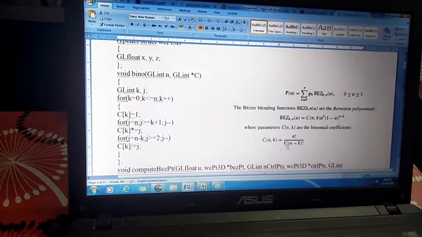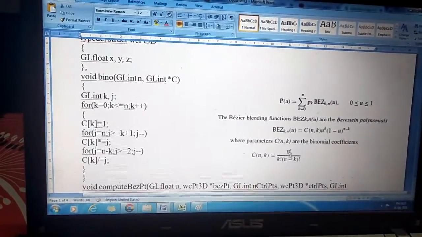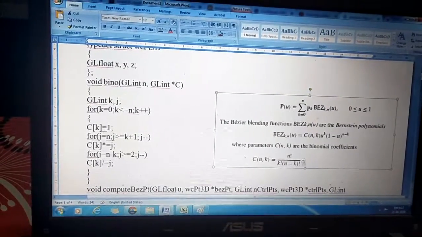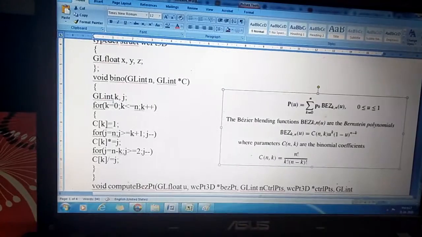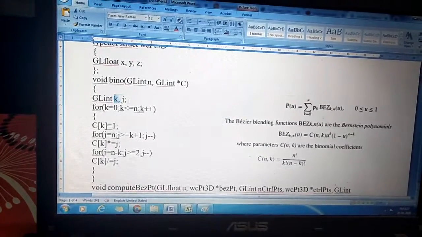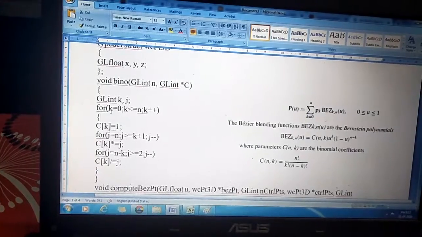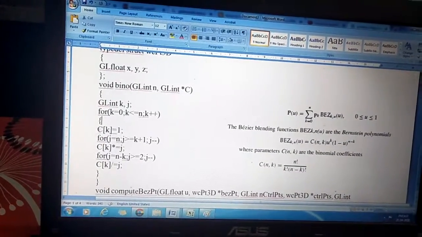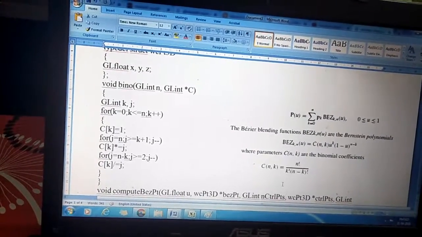Can you see here? n is nothing but the degree. If you closely look at this function, we are calculating c of n comma k, which is n factorial divided by k factorial times n minus k factorial. So let me take k and j as the two variables, where k equals 0, k less than or equal to n, k plus plus. Let's assume that it is 1 comma 3.